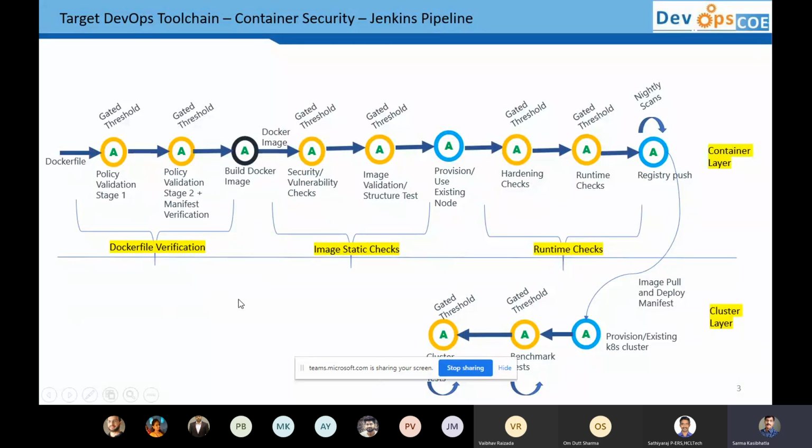We also offer the other variant where we enable customers to trigger any of these tests directly from the Rapid platform. In this case, as I said, it comes into various buckets. We first do, given a Docker file, you design a container file, right? There is something called policy validation. So what is this policy validation?